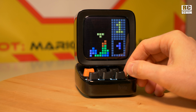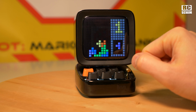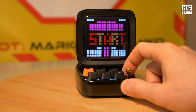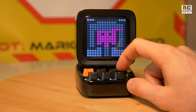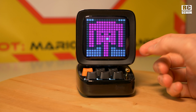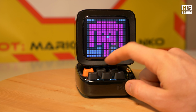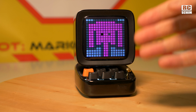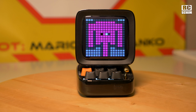Oh, with the joystick you can also turn it. The joystick is a single button, it's just pressing it down. Go into the design mode. So what can we do here? Yeah, this is a bit... forget the design mode. You can draw around, but of course you want to do these design things. Since this is not a touch screen, you want to do this design stuff in the